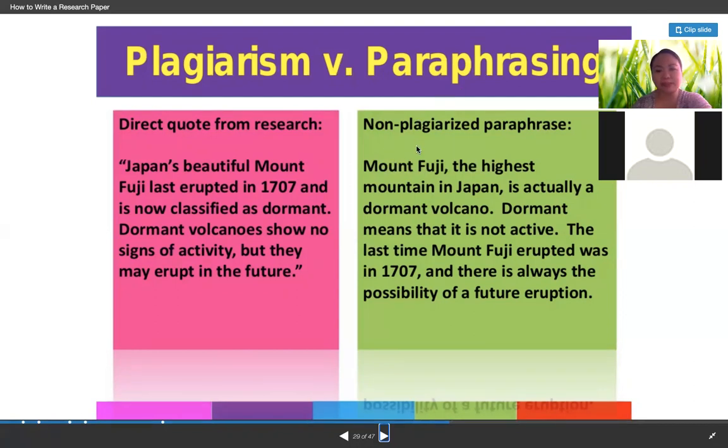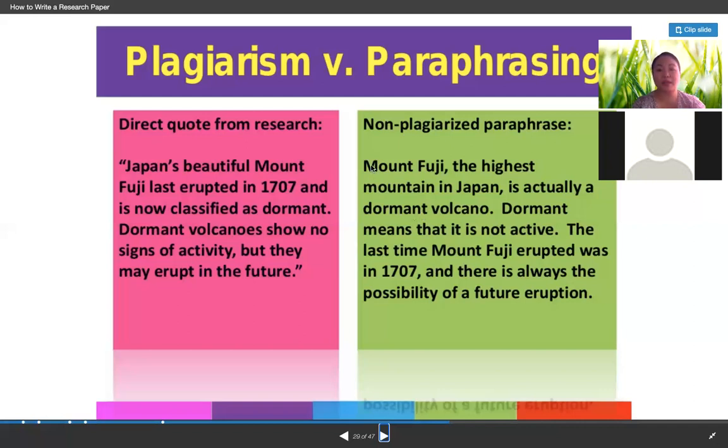And a non-plagiarized paraphrase: Mount Fuji, the highest mountain in Japan, is actually a dormant volcano. And dormant means that it is not active. The last time Mount Fuji erupted was in 1707, and there's always the possibility of a future eruption. So,